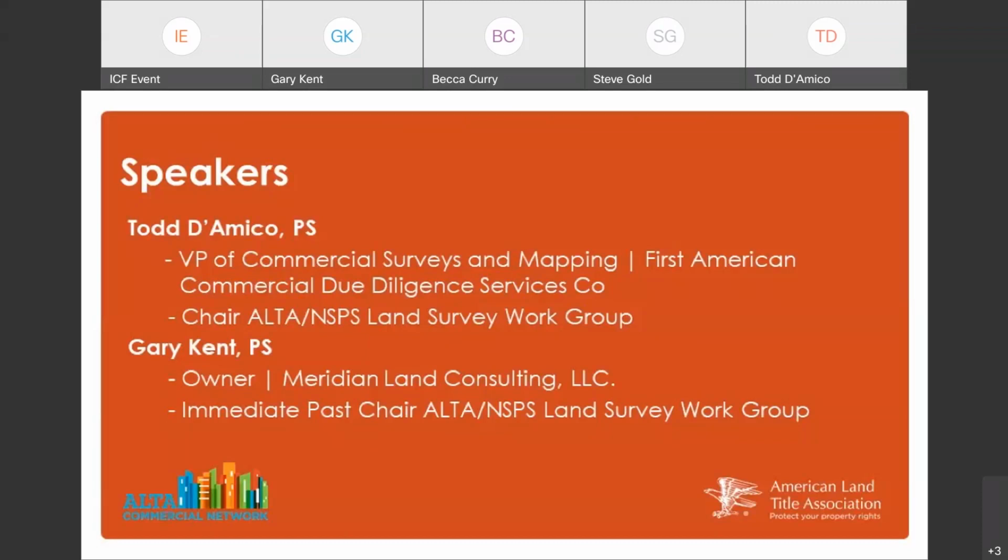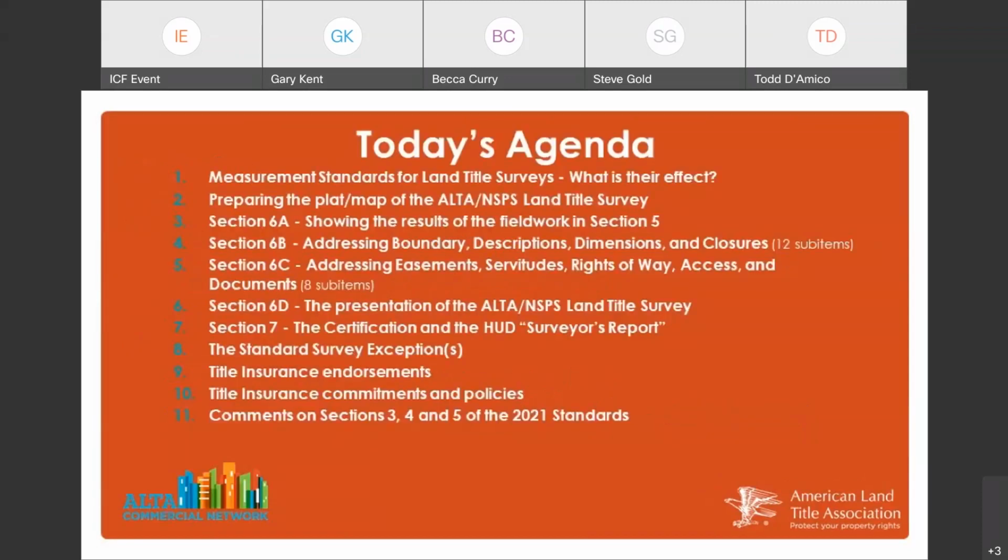All right. Thank you, Todd. Our agenda today, we're going to talk first about measurement standards, and I'm not going to bore you much with this, but I think it's important to just touch on this so that people have an understanding. We actually touched a little bit on it yesterday. We'll get just a hair more into it today, but not dwell on it.